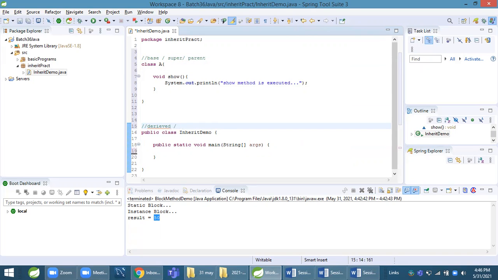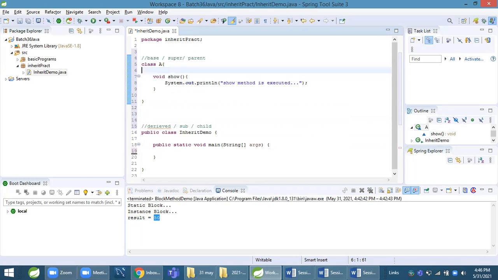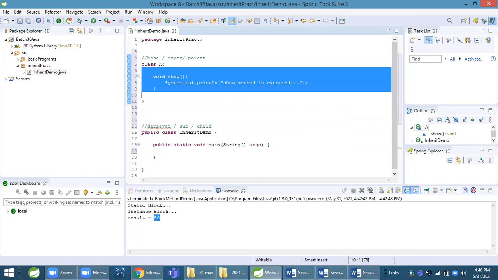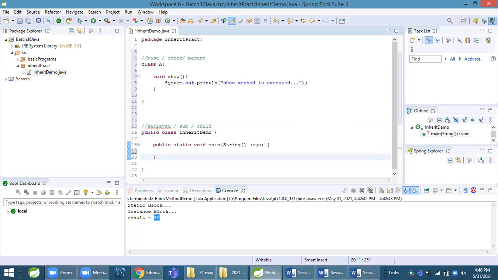Derived or subclass. This is a superclass, also called base class or parent class, which has some properties or members. This is the child class, and what I want to do is use that show method in this class.